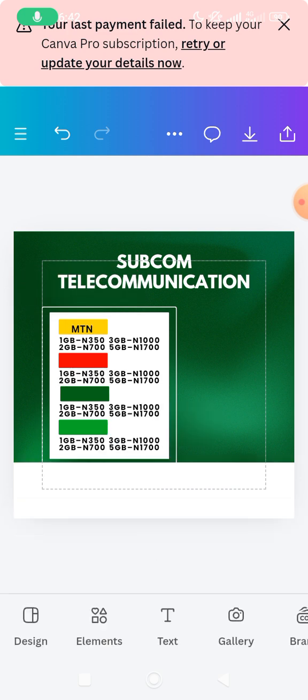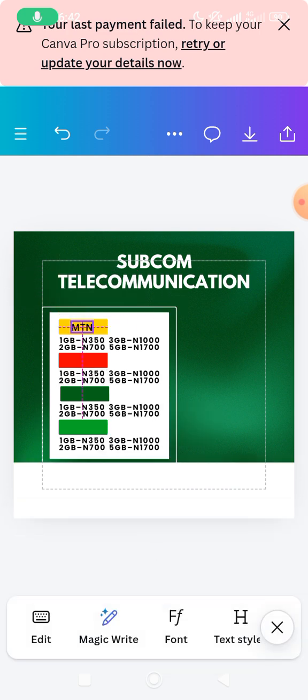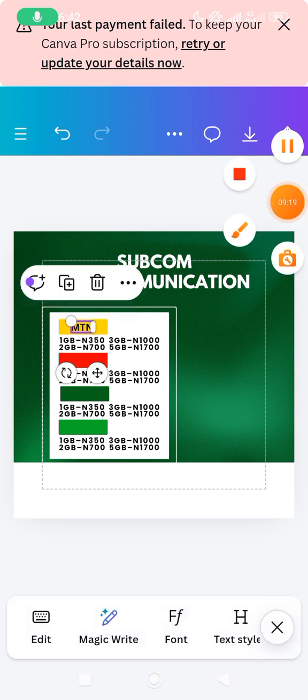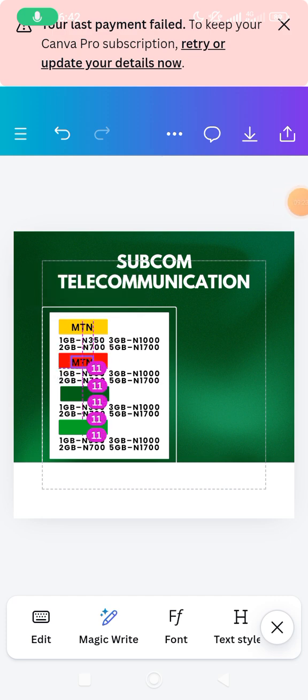Yes. So the next thing for me to do, I'll click on it. Then I'm going to paste it here like this. So the next thing for me to do, I'm going to duplicate this one, bring it here like this, click